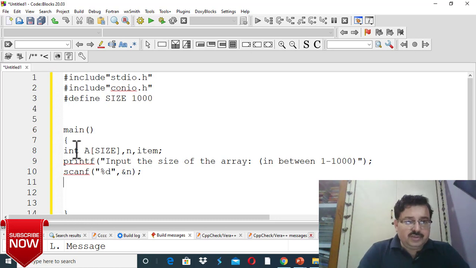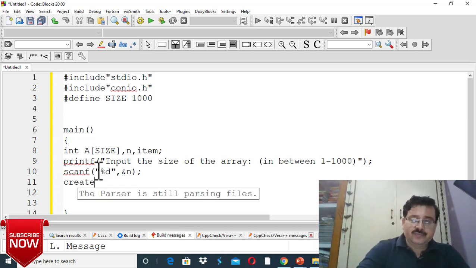Now I will make all the programs using functions. First I will create a function for array initialization. I will not take the values of the array from the user. I require these values to be generated automatically, because I will need these array values again and again. So I am going to create a function, create random list. This function will automatically create the random list, and I will pass this array base name a with the size n.